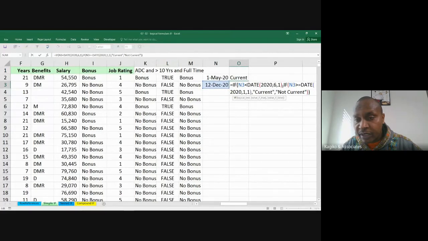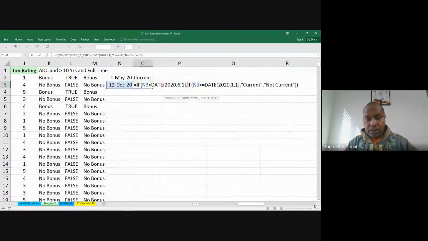So we have the first if function, value if true, then we test not current. So just a moment. Here we are testing if our date falls within, is less than June. So if it's true, we test whether it's greater than,